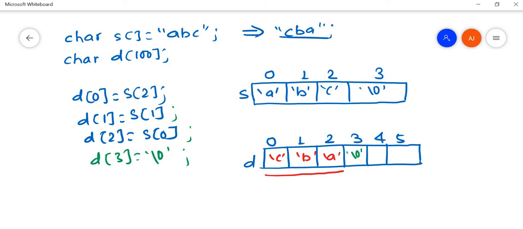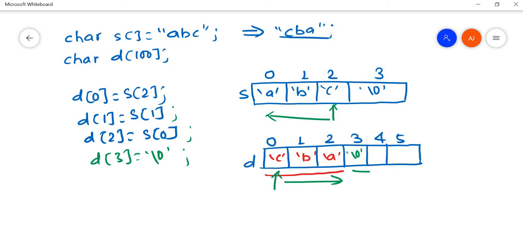So we'll have one character pointer pointing at this location, another character pointer pointing at this location. After every copy, decrement the character pointer of the source string and increment the character pointer of the destination string, and finally after copying these contents in reverse order, terminate the string by the special character \0.